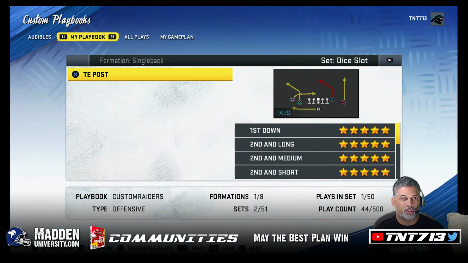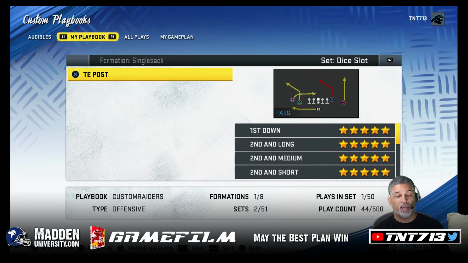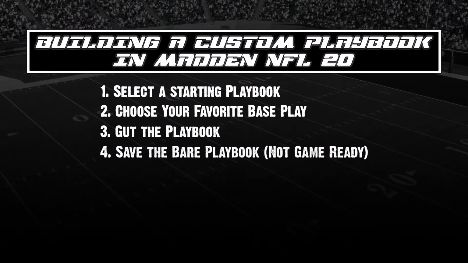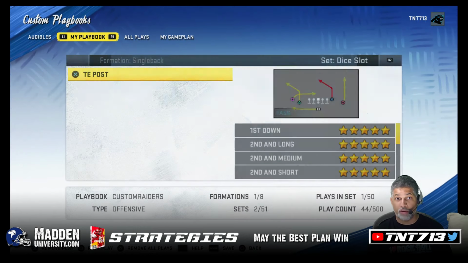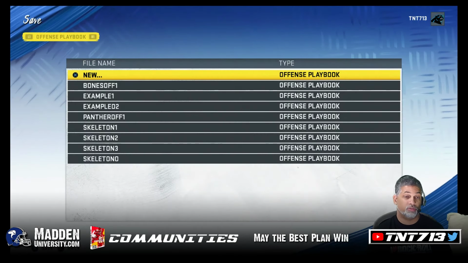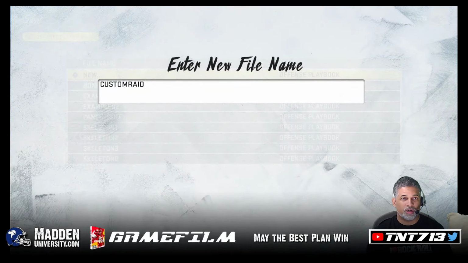So what we're going to do now is we have finished gutting our playbook. And so the next step is going to be save the Bear playbook. And this one's not game ready. So what we're going to do is we're going to hit the option key. I don't know what that one is on Xbox, so you know, consult your own. And you can see I've got like a bunch of them already. I'm gonna call this one